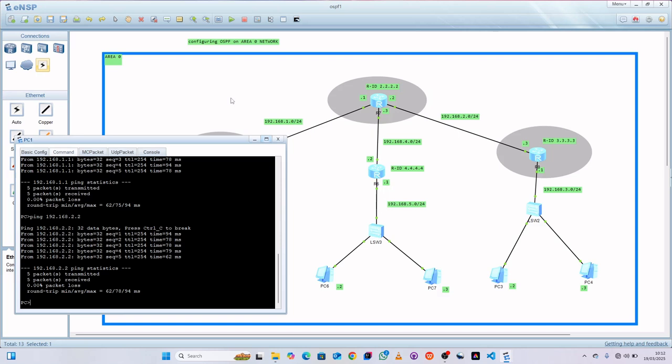But with this one, we only need to assign OSPF, or the Open Shortest Path First, in each router, with a specific router ID,